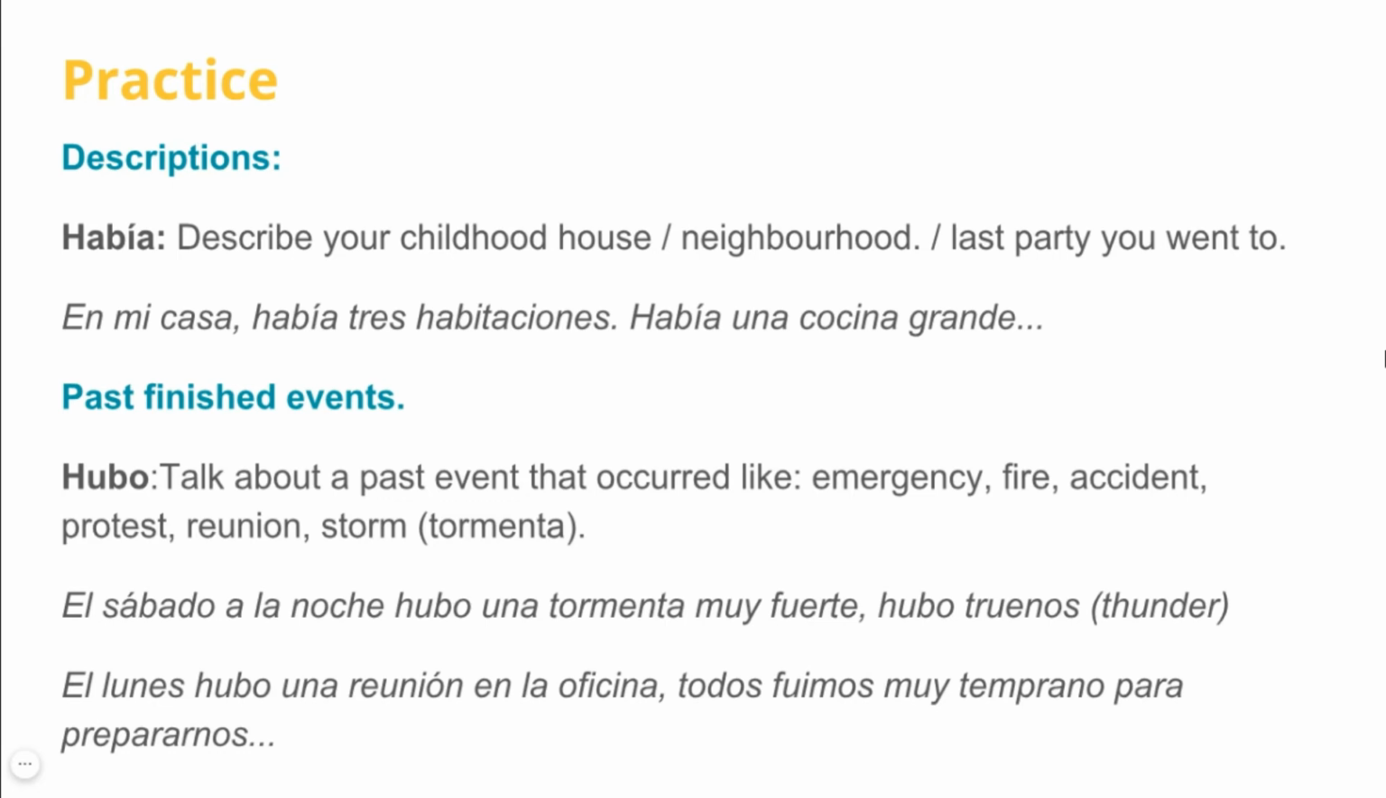So if you have a Spanish teacher or if you have a language partner, you can talk about descriptions. For the present, it's very easy. You can describe your house. Hay una cocina, hay una habitación, or you can describe your office. Hay un escritorio, a desk. Hay 7 oficinas. Yes. For the past, había, you can describe your childhood house or your grandmother's house, your neighborhood,